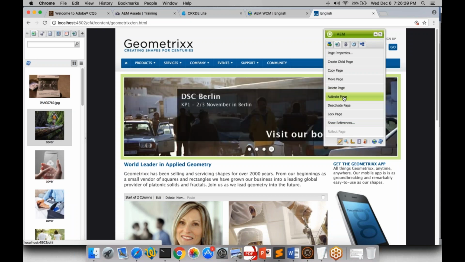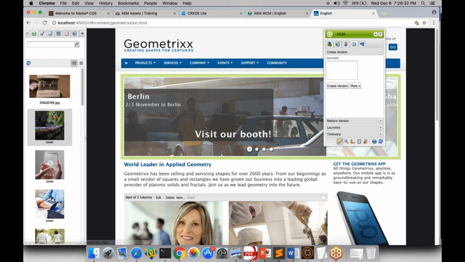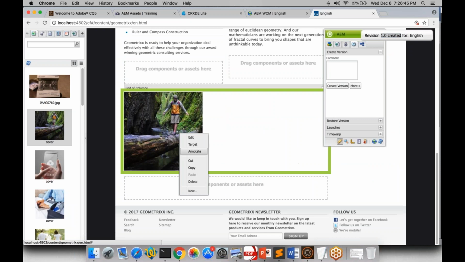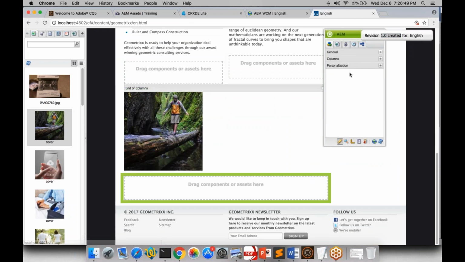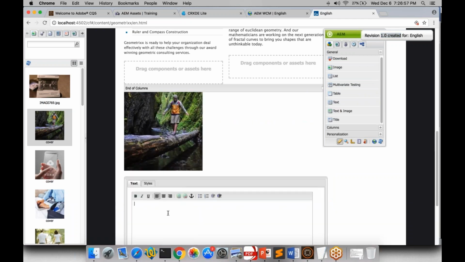So when do authors generally click on activate? That is when they make some changes and they want that page to go live, they would click on activate. So on click of activate, automatically a version would be created, or manually I can create a version. Let's say I create a version. So version 1.0 created. And if I go and delete this image, or if I add some text component here, and I enter some text,